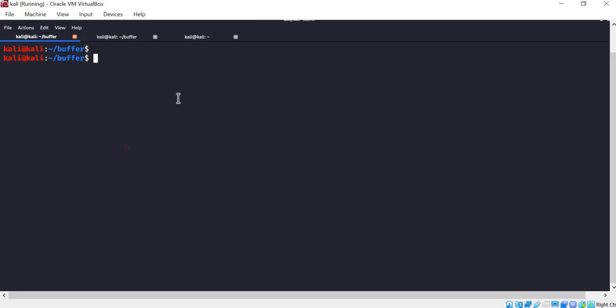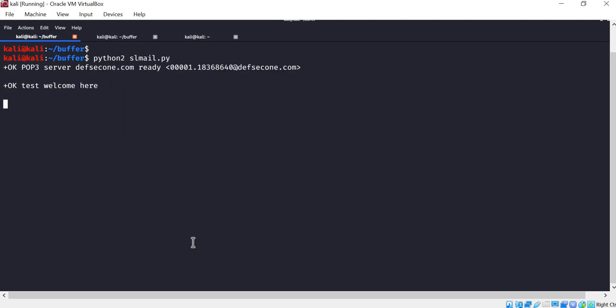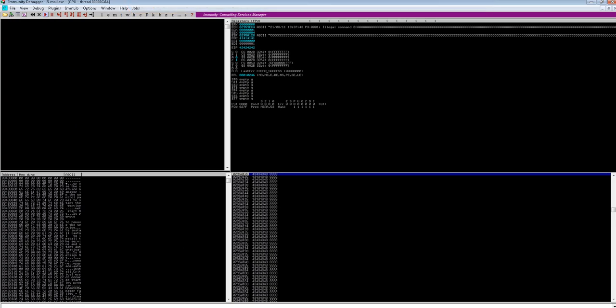Now what we will do is we'll go for the Python script again and say python2 slmail.py. So the script runs again and you could see the program crashed on 42424242, which means B, and after that on your stack pointer you have C, right? So this is the exact buffer size.